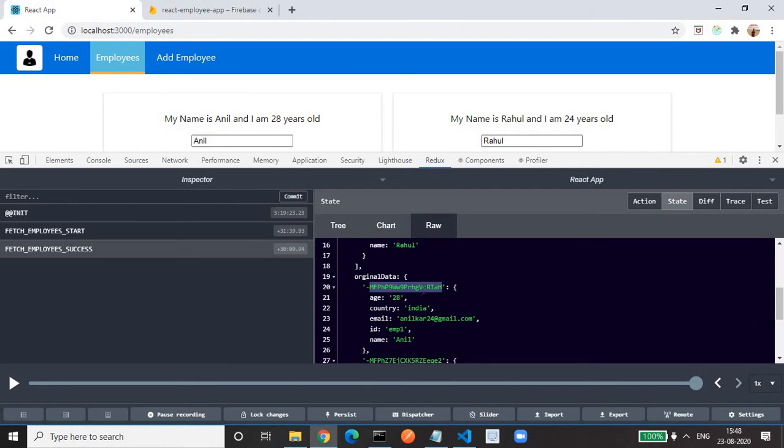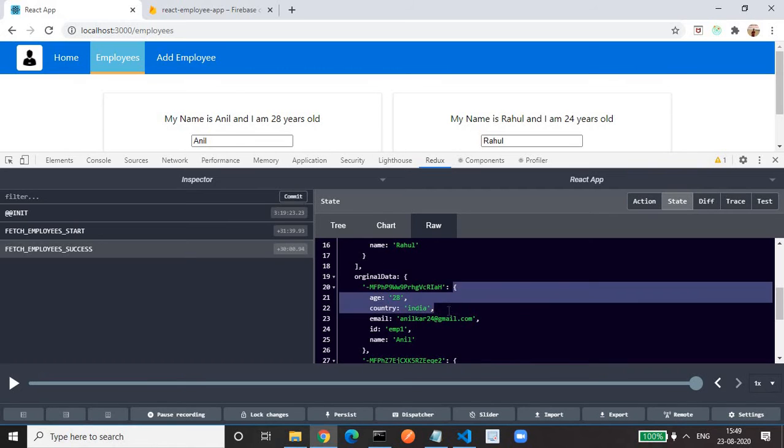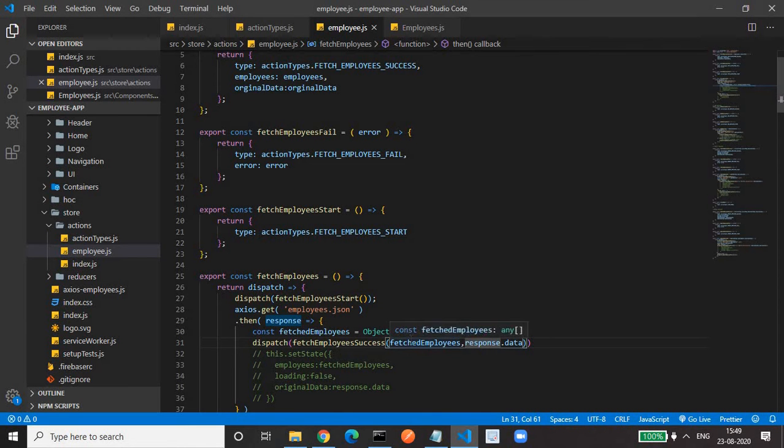So it's an object having key and value, and for displaying the employees we are interested in the property of this key, not the key. To get this property from this object, we have the function object.values. That's what we are doing to get those properties in an array. Then we need the original data also. That's what we are passing to this action creator.